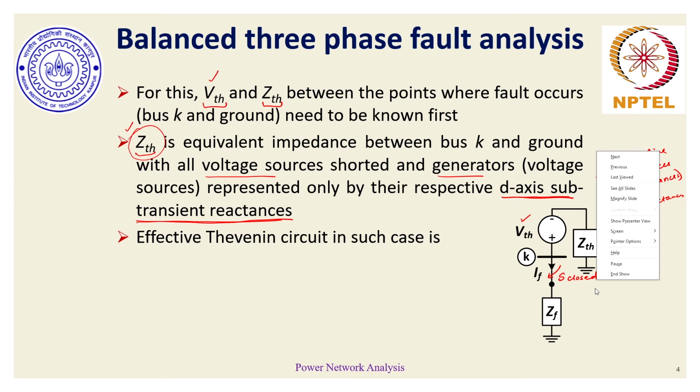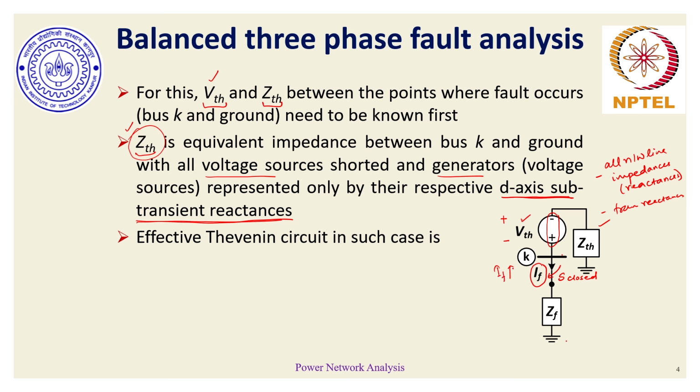So now when the switch is closed, a current would likely flow from the bus to the ground, and the direction of this fault current is important. We'll spend a moment here to understand why the fault current has to flow from the bus to the ground, or for that matter, why the VTH polarity is of this particular order, with the positive polarity connected to the ground. Suppose the VTH polarity was to be plus and minus compared to the minus and plus shown over here, then what would happen? Instead of IF flowing downwards from bus K to ground, current would flow from ground to the bus,